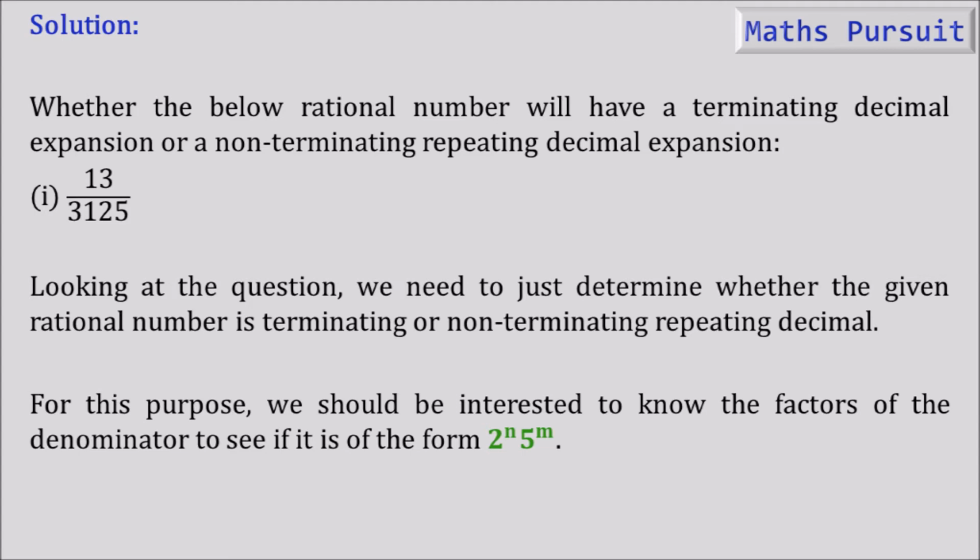Guys, we very well have seen the three theorems. If you haven't seen those theorems, kindly go through my videos, because these three theorems are very important to determine whether a decimal number is terminating or non-terminating. Now, keeping those three theorems in view, we can easily decide whether a decimal expansion is terminating or non-terminating. Let's move ahead. So let us now find the factors of the denominator, that is 3125.